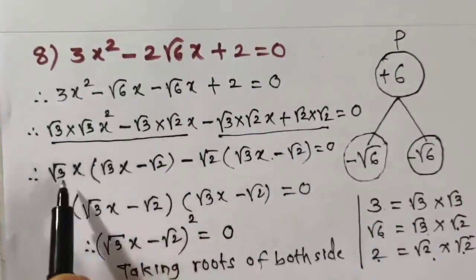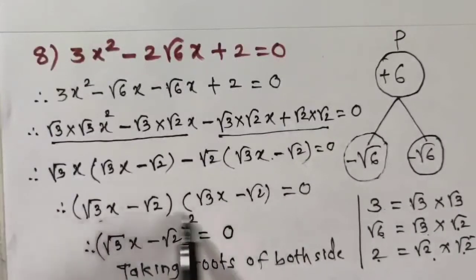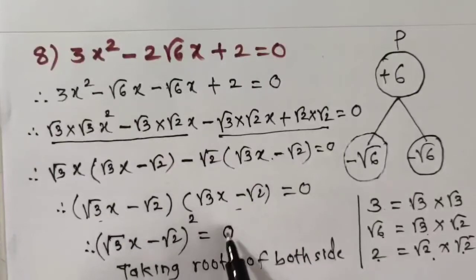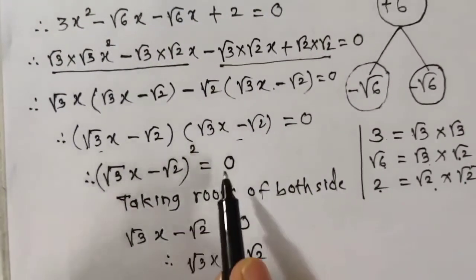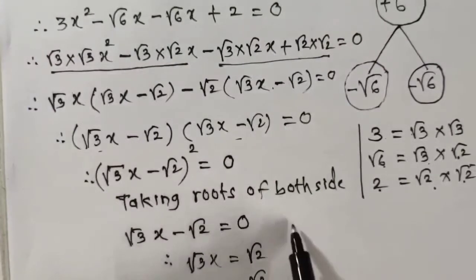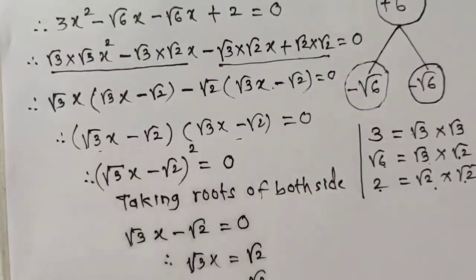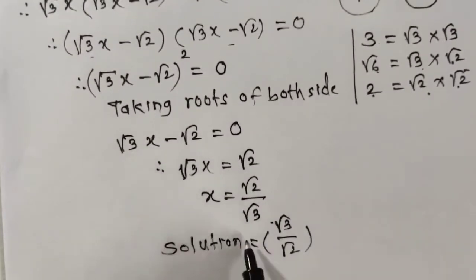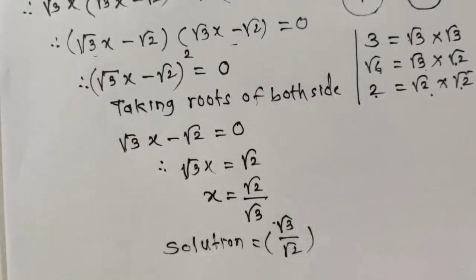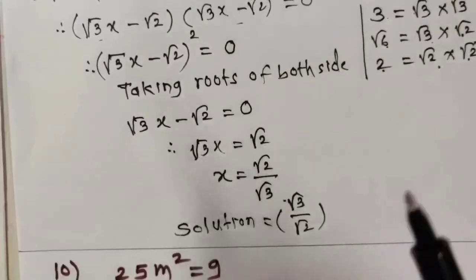Now find common factors and write the bracket. Here we get same factor. Same factor means square is equal to 0. Here if any square number is there, then we get plus minus. If 4 is there, then the square root is plus minus 2. So one value is plus 2, other value is minus 2. But here it is 0, so no need to take plus minus. So it is 0, therefore we get x is equal to root 2 by root 3. So in this way we can solve that sum.